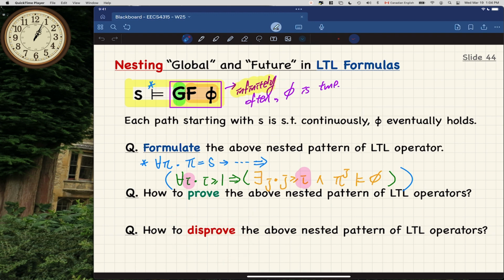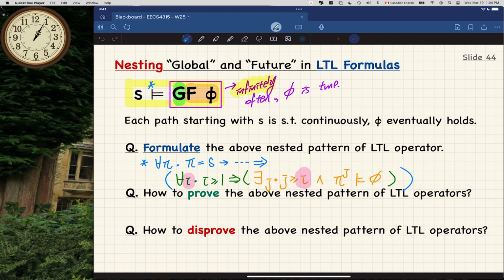All right. So since we talk about model satisfaction, we should start with a universal quantification, right? That's model satisfaction. And we got a global operator, so we should go global at the outer level. And also we got a future operator, so the inner level will be exists, right? And one thing that's very important, you can see the future point here is relative to the I over here. That means for every state of index I, you can always find a later future state, which is J. All right, so that's something you want to pay attention to when you look at the pattern.